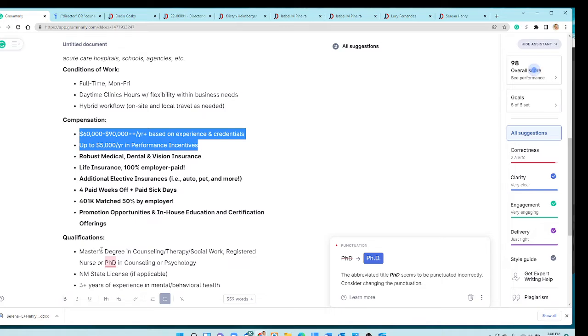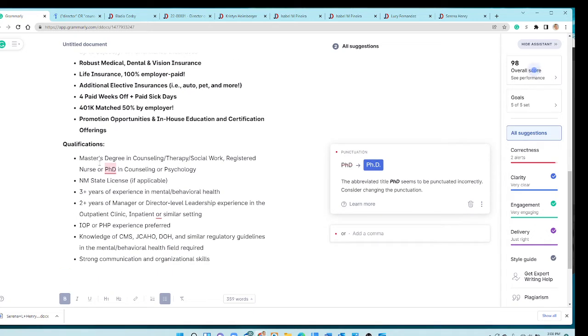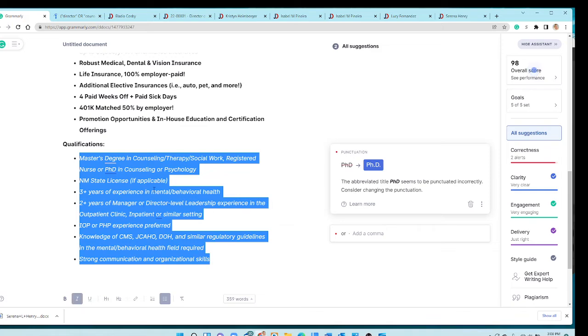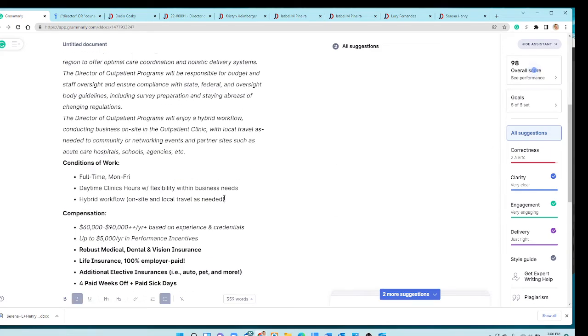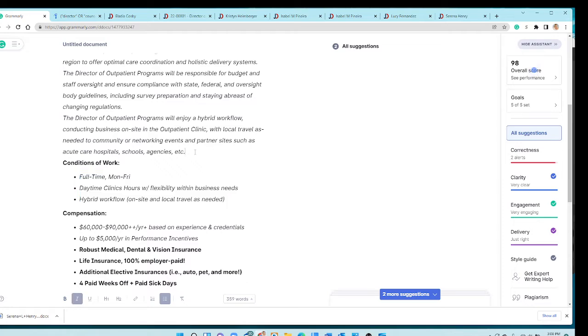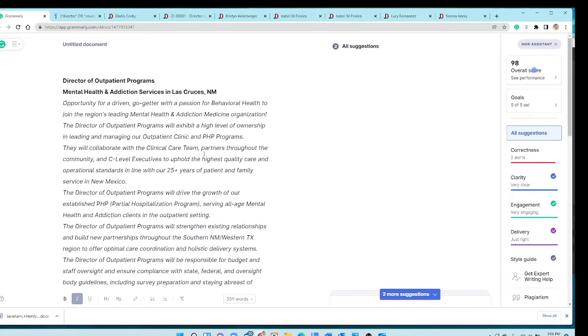So I'm going to put the swap outs in italics and then the keeps in bold. Qualifications are definitely going to be different. So they're going to go in italics. I don't know yet about this, so I'm going to just put that in italics, and then this is already in italics. So some things I would keep in the body of the job might be